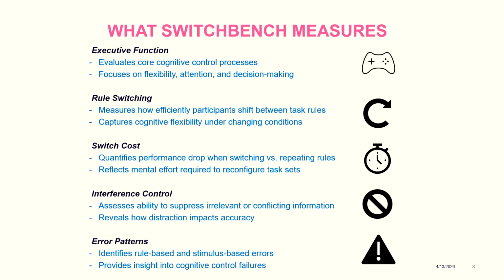Later, I apply the interference control. Interference control is another key measure, which is the ability to suppress irrelevant or conflicting information. Basically, this tells us how distraction affects accuracy. And obviously, I will talk about error patterns, including rule-based and stimulus-based errors. These patterns help us understand where cognitive control breaks down. Okay,